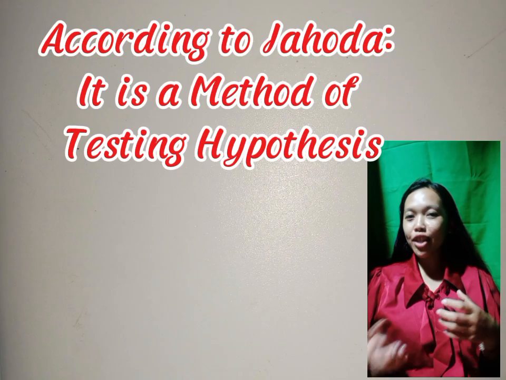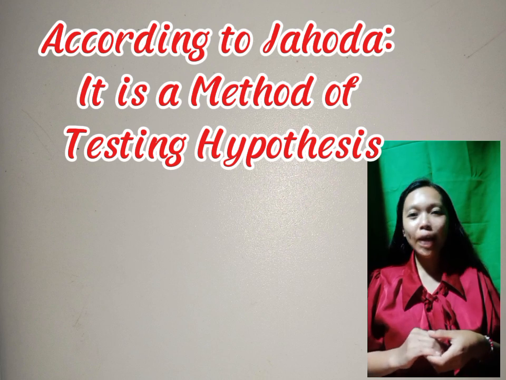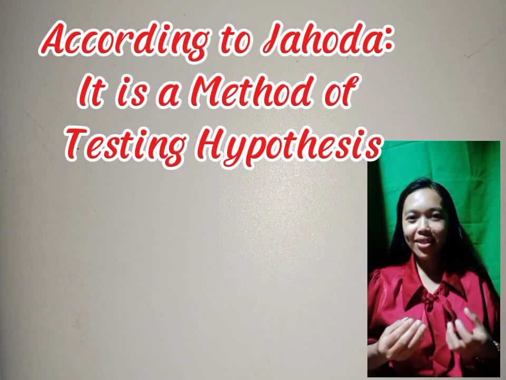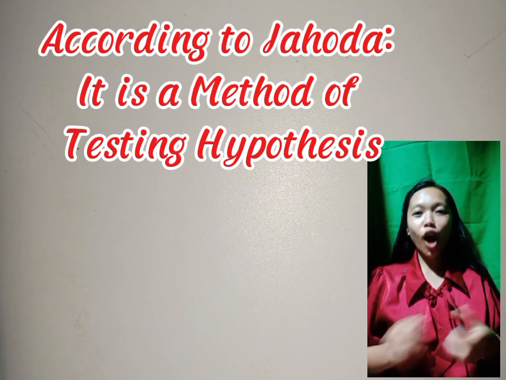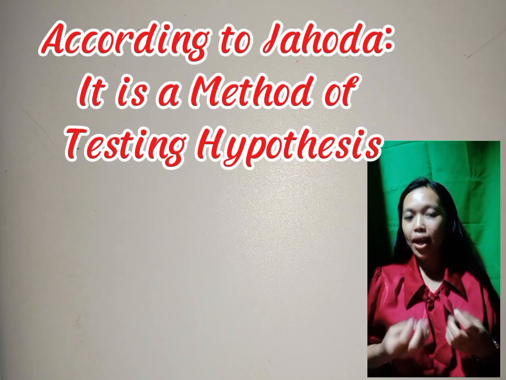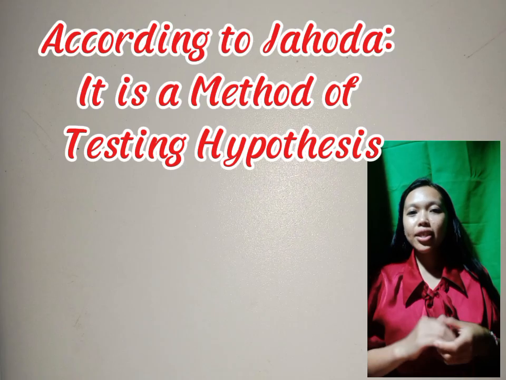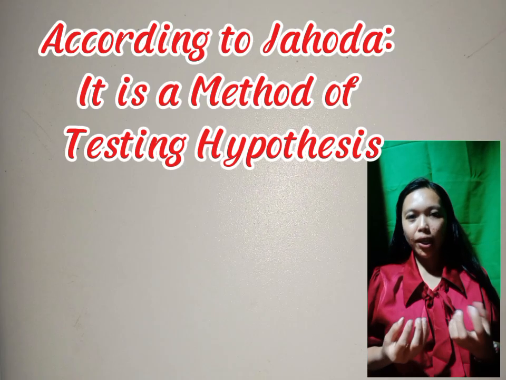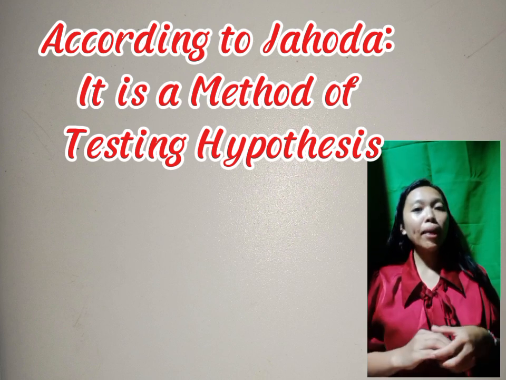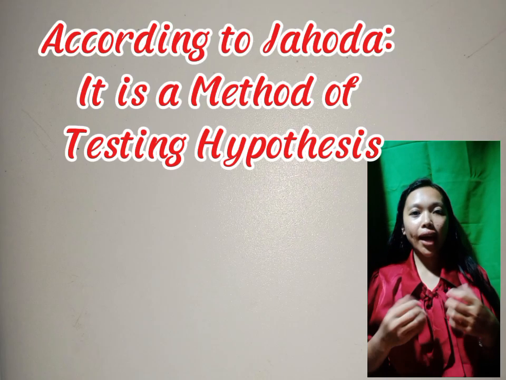Jehovah's emphasis reflects the scientific requirement that experiments be systematic and replicable. This ensures that hypotheses are tested in a way that others can verify, reinforcing the reliability of the process in research. In summary, Jehovah's definition of experiments as a method of testing hypotheses succinctly captures the purpose, structure, and scientific rigor of experimentation. It highlights that experiments are not just about observation, but about actively testing ideas under controlled conditions to draw reliable